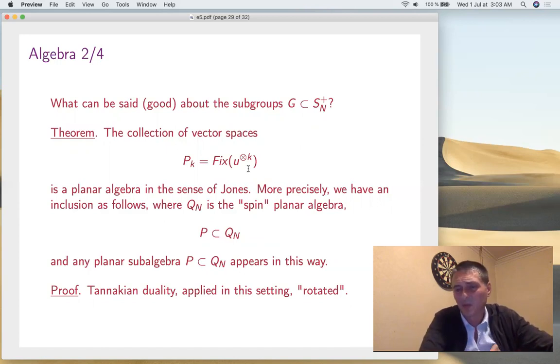Now, something much more powerful is that they form a planar algebra in the sense of Jones. What's the proof of this? Well, you need to know what a planar algebra is, and I won't tell you now, it takes a long time, but it's basically something